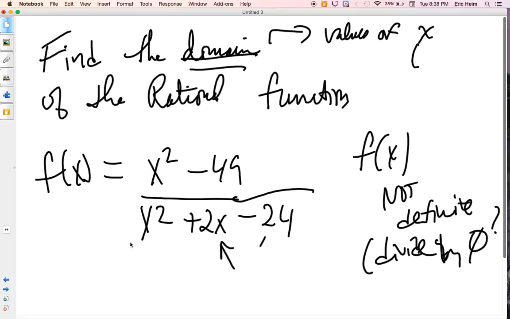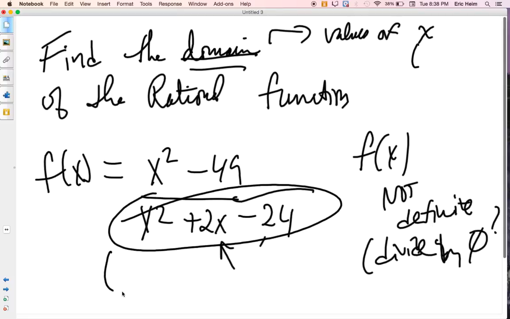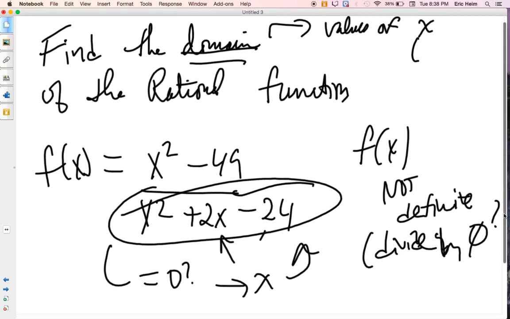Well, in order to answer that part, we simply take the denominator, we set it equal to 0, and then we find the values of x that make the denominator 0, and those are the values of x that are not allowed, that are not in the domain. So the domain would be all values of x that